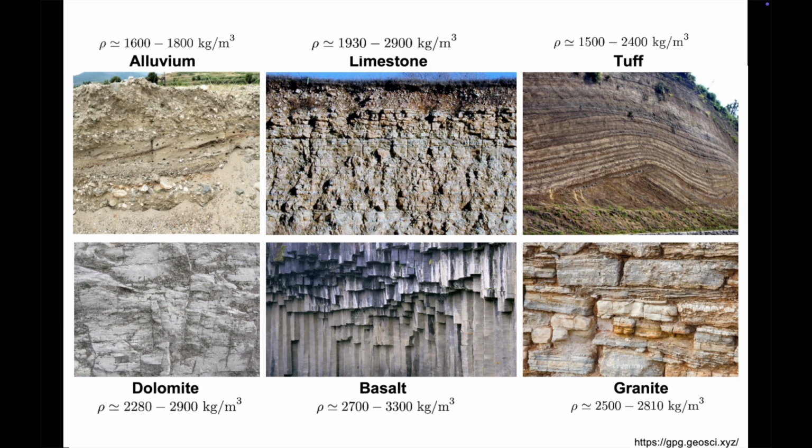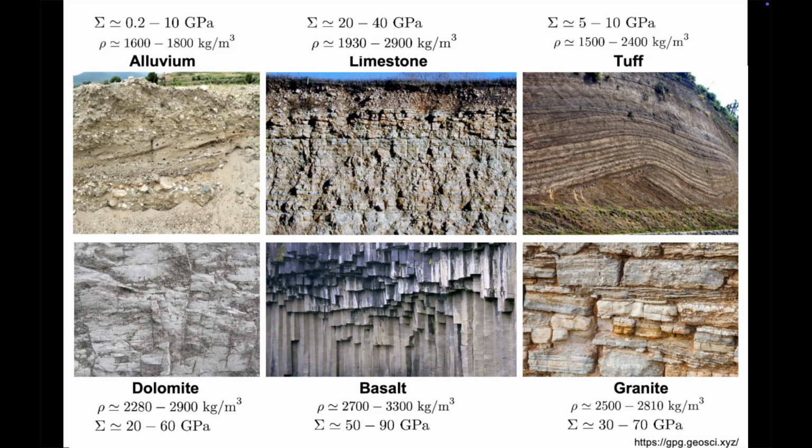Most types of soils found in the Earth's crust have densities smaller than the average, these examples in particular. These soils can be deformed in a number of ways, and for each type of deformation, a different elastic modulus could be defined. However, these moduli are usually of the same order of magnitude, so for our purpose here, we can forget about these subtleties and use the bulk modulus as a reference.